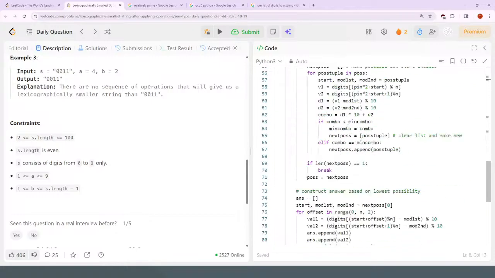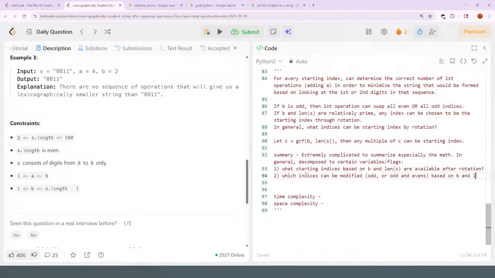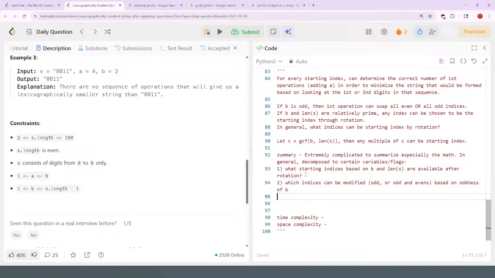No, it's only based on B. Oddness with B. How much can any digit be modified based on A, and then